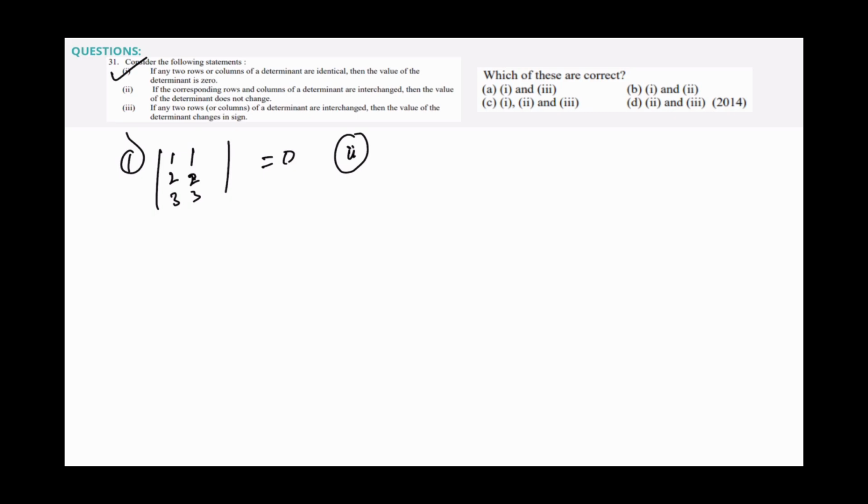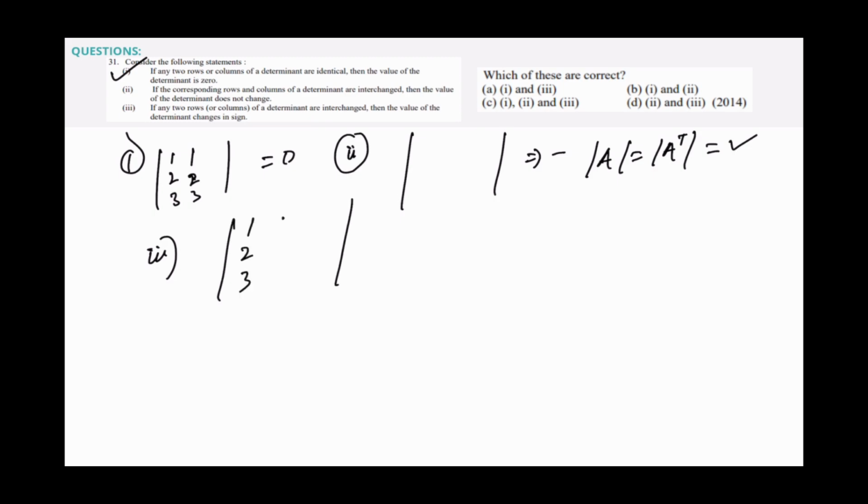If the corresponding rows and columns of a determinant are interchanged, then the value of the determinant... basically they're talking about the transpose. So we know the determinant of A and the determinant of A transpose are the same thing. So done. Third, if any two rows or columns of a determinant are interchanged, okay,